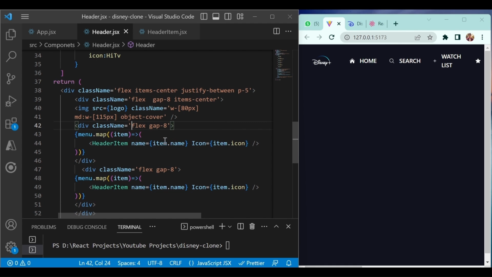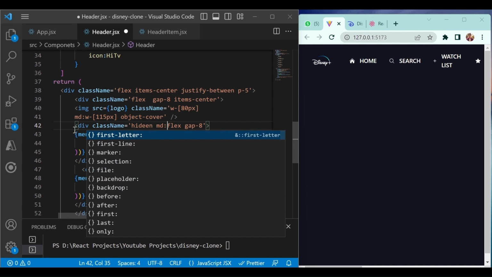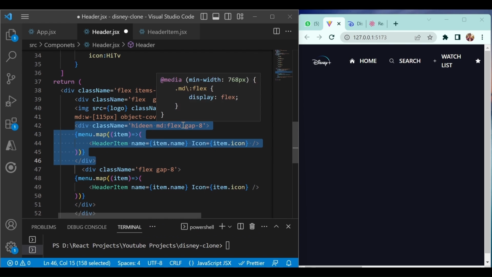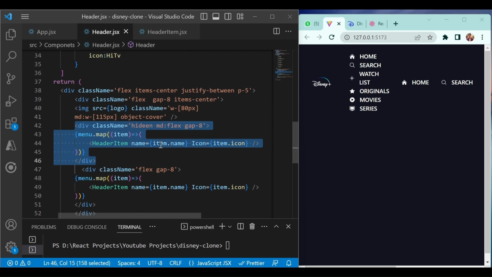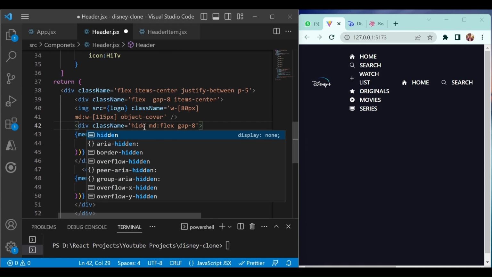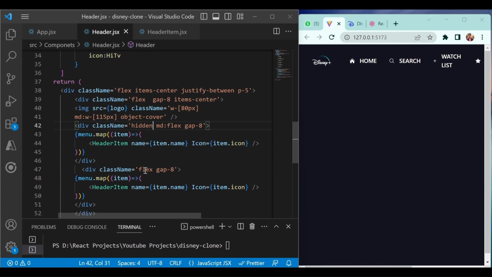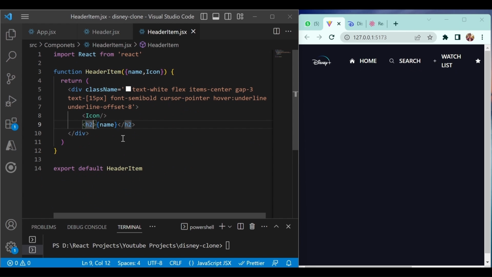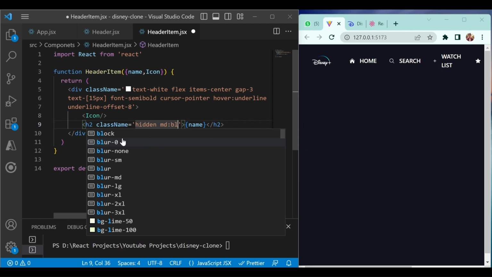Here you have to hide it when the screen size is smaller. Okay, and only show this particular navigation when the screen size is medium or larger, right? If I do like this, you will see, right? So hidden, okay, sorry, yeah. And here now this menu is our responsive menu. So if you see, it's still showing this name and everything, right? So go to the hidden item, and here you can add when the screen size is smaller, hide it. Otherwise when the screen size is larger, then show it.